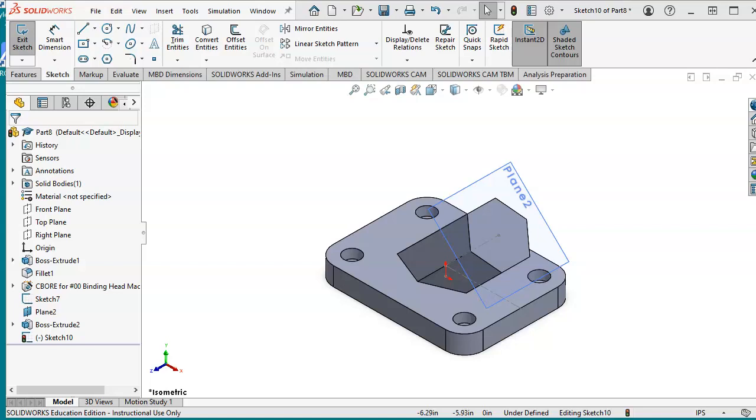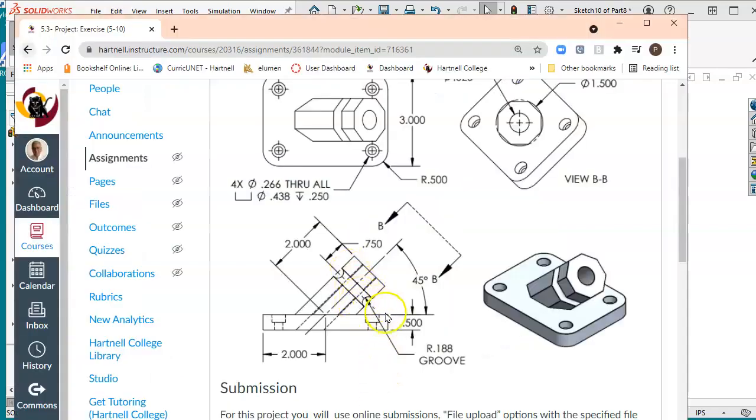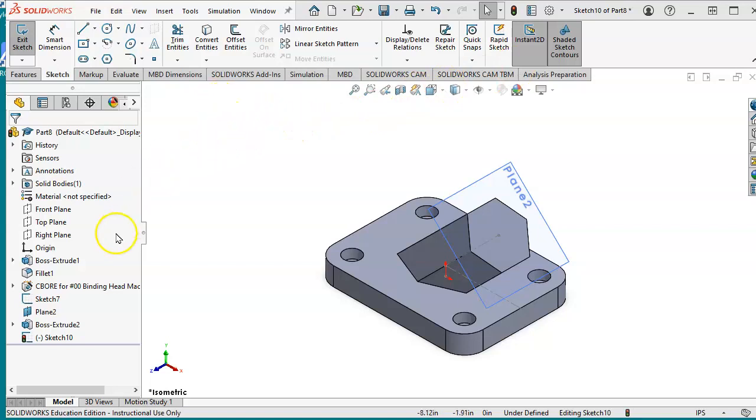Okay, for this one, we will continue creating that groove, which is shown on this portion here, which groove has a radius of 0.188. Let's establish the location, which is 0.75 from this edge. To do that, we start with a front plane,